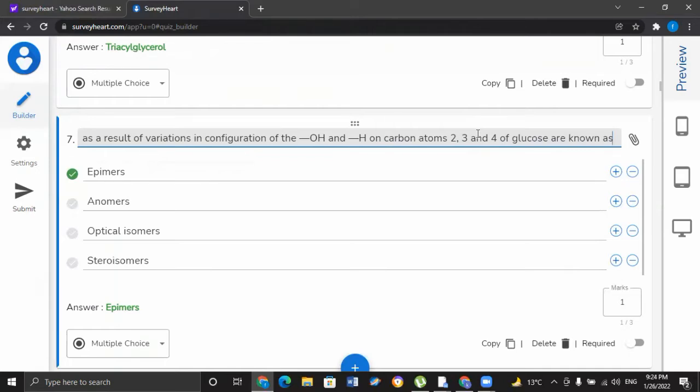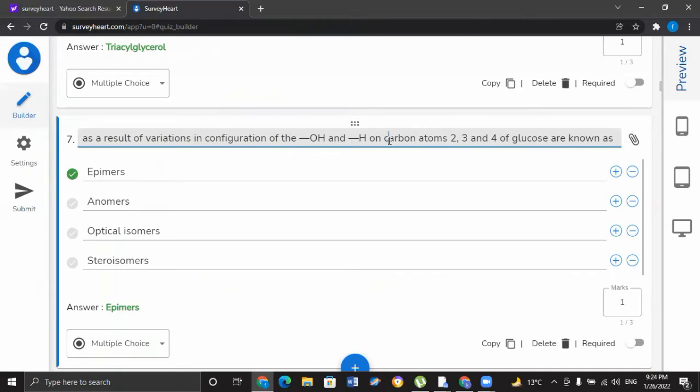And when we talk about epimer, it is a type of stereoisomer which differs in the position of H and OH around a particular carbon atom. So when we talk about D-glucose and D-galactose, both of them are epimers of each other. So the variation in the configuration of OH and H on carbon atom, either 2, 3 or 4 of glucose,